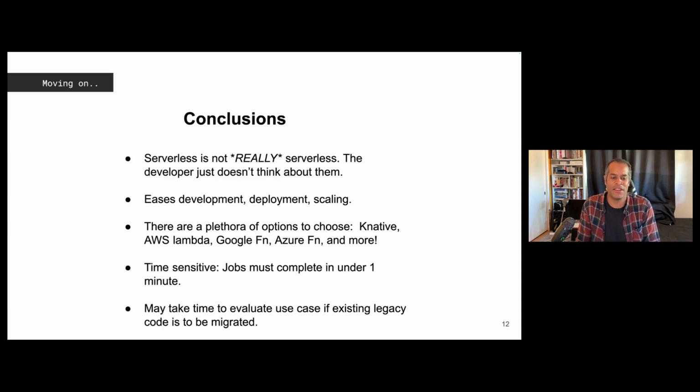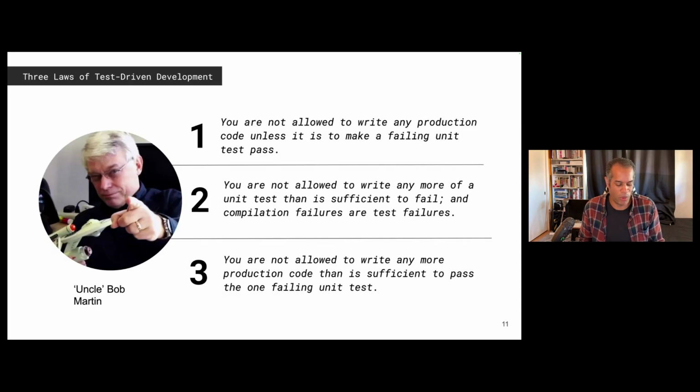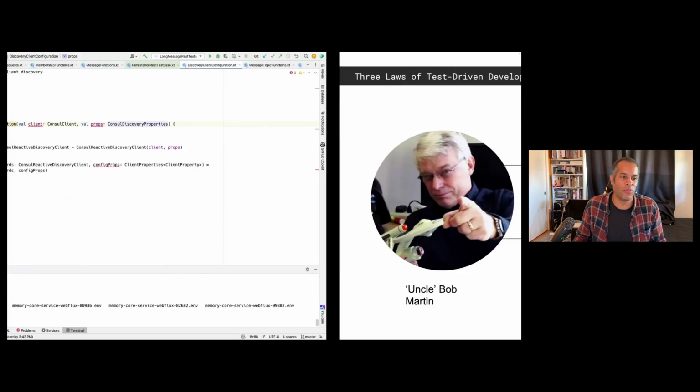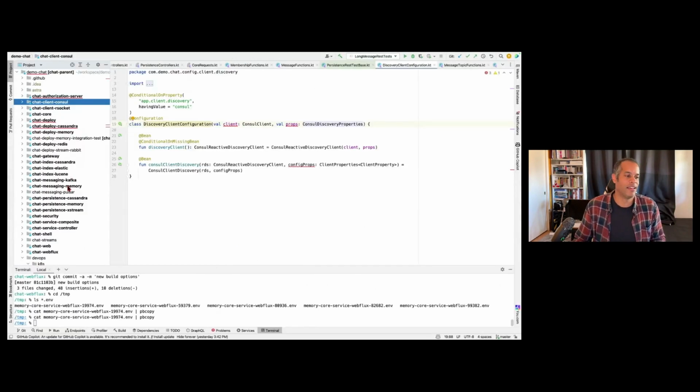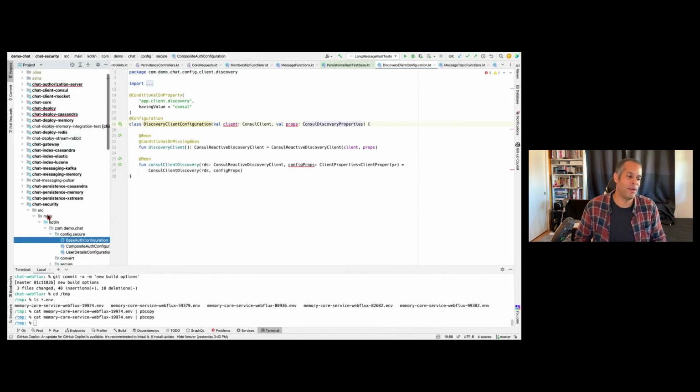Besides the obvious, let's see. You know what? No, we want to do one more. We want to talk about Spring Security, because one of the other tips is you guys got to use Spring Security. Everybody has to use Spring Security if possible. Spring Security is very easy to use.